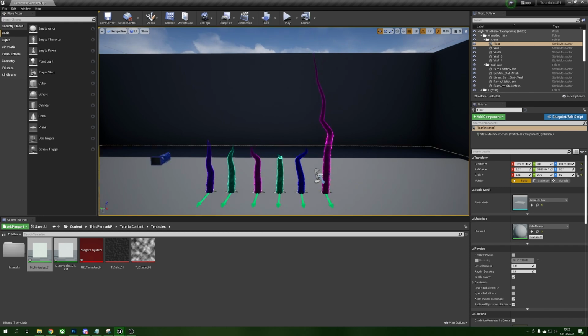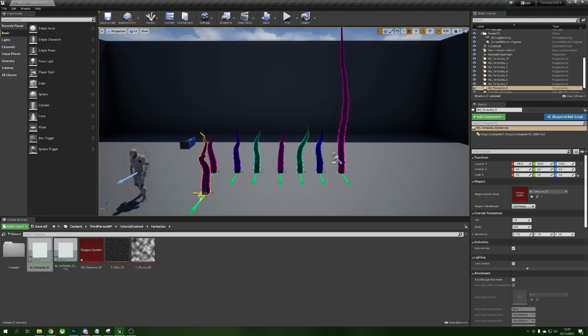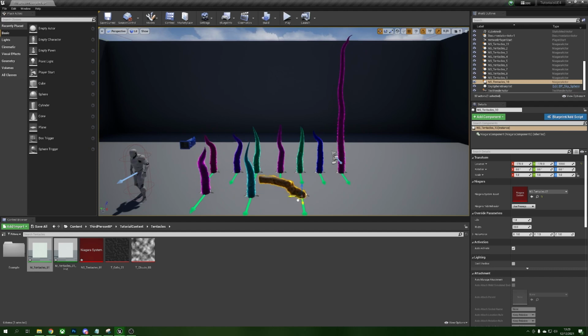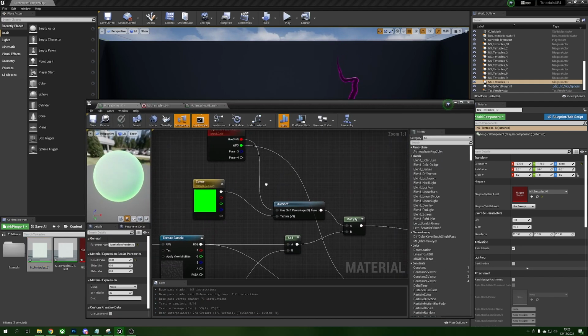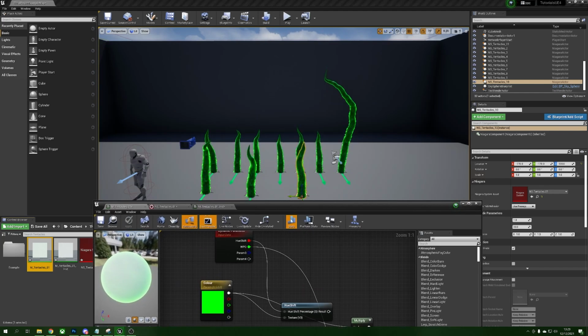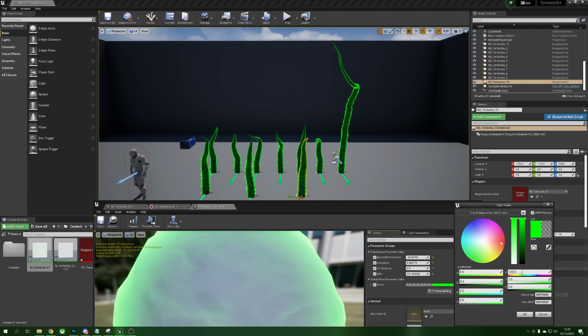Now you can drag your tentacles out and do whatever you want. Obviously, if you don't want them to have a random color, remove the hue shift and just set the color directly. I'll show you how to do that real quick. So we'll remove the hue shift here. We will just plug the color directly into the multiply for the color, apply, and now they'll all be green again. And then if we go to our instance, we can turn on our color variable, and we can just